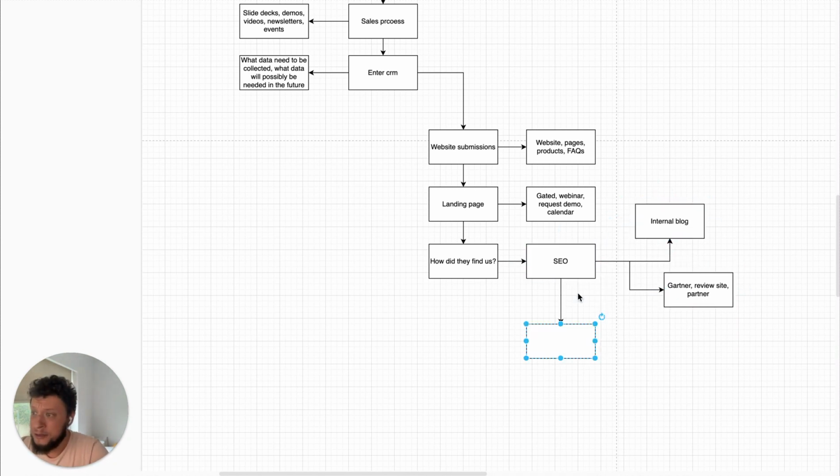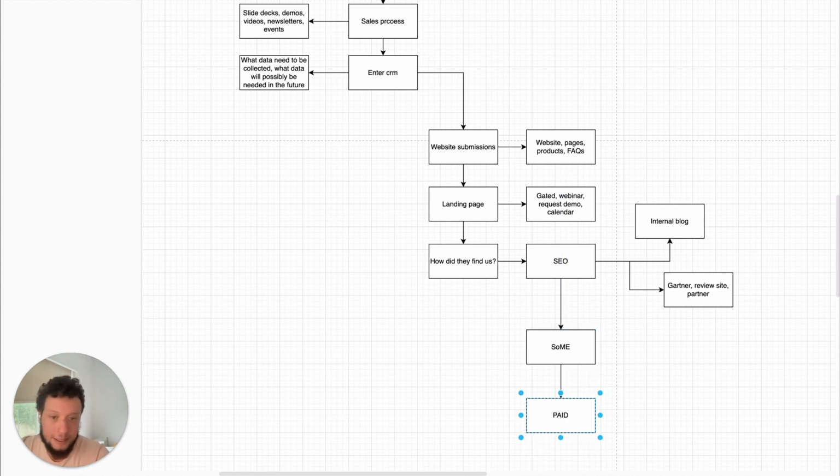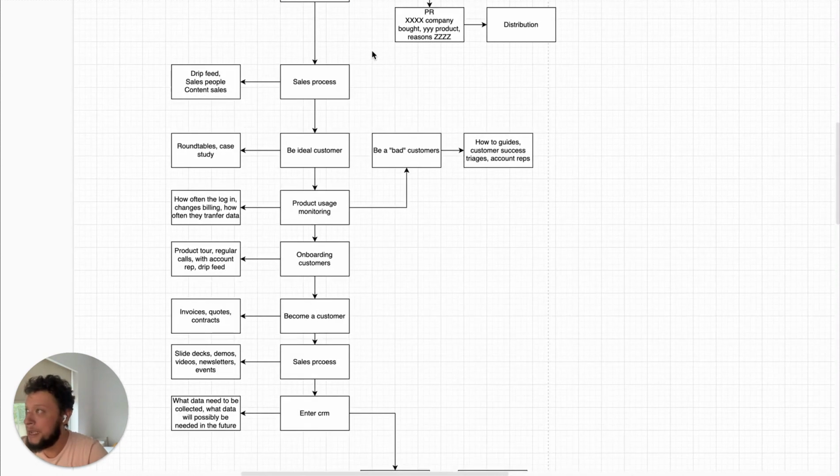Beyond SEO, other popular ones might be organic social media, so obviously that means you need to have social media pages, you need to know what channels: Reddit, Facebook, LinkedIn. The same goes for paid ads. So again, this could be through Google, it could be through LinkedIn, it could really be through anywhere, but it means that you need to know precisely which channels work,